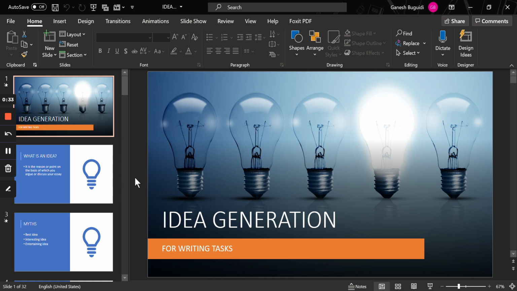And if you're an IELTS general candidate, then you can apply this for writing task 1 as well. But if you're an IELTS academic candidate, then this chapter is not for you for writing task 1. Okay? But this chapter is for writing task 2, for general, for academic, it does not matter. And this chapter will also be useful for those candidates who are going to give IELTS general, and they can use this for writing task 1 as well.